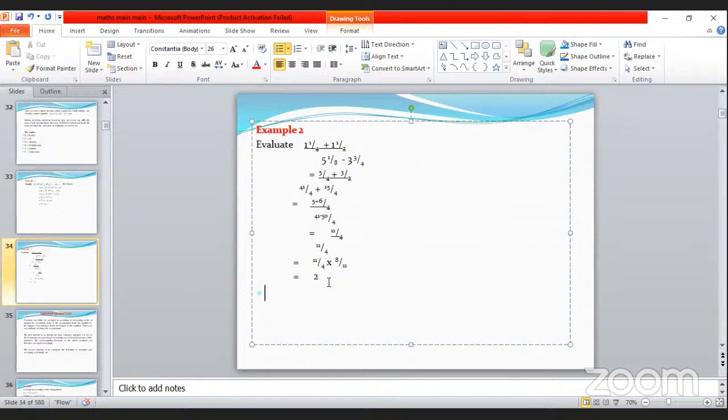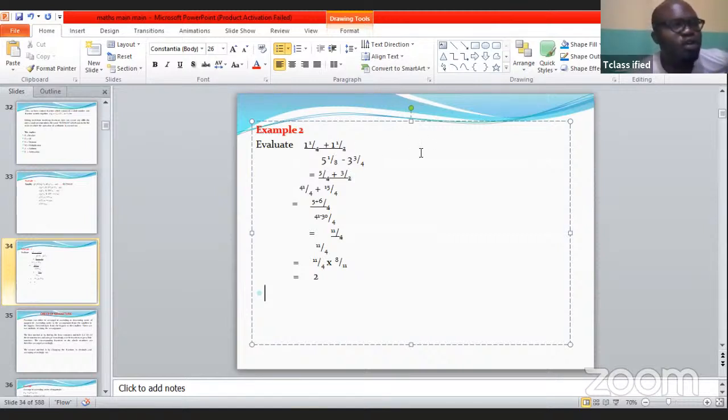The screen is not too clear. Sir, the screen is not clear. Is it one or a number? Read the question. Okay, the question says 1 whole number 1 over 4. So I'm going to write out the question here. 1 whole number 1 over 4